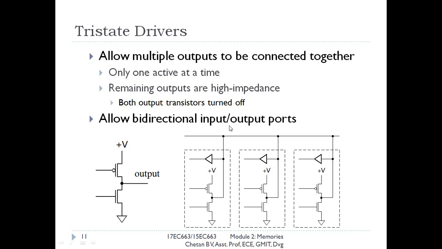Here you can see this is a bidirectional bus. From this line, through this buffer, we can design an input. So the data from this line through the buffer provides the input, and this part, the tri-state driver, is used for output.